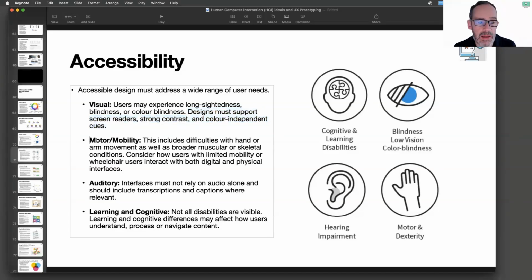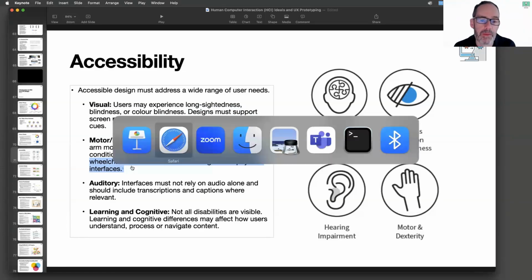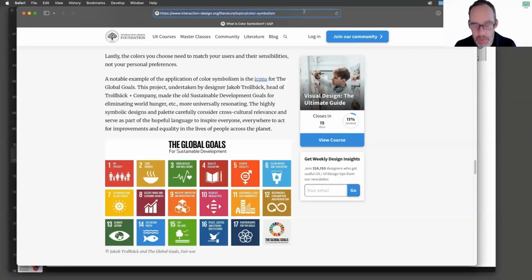If somebody has mobility issues, this could include difficulties with hands or arm movements, and we should consider how users with limited mobility, and remember, it could be a product, and if the product is too high or too tall, like I was wondering the last day, so we looked at these,